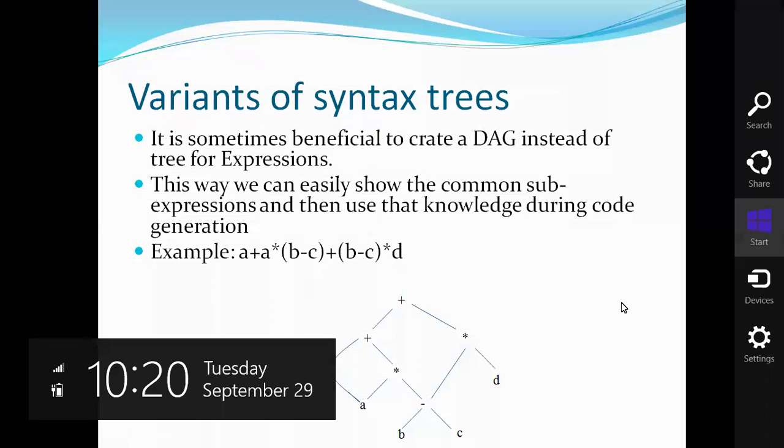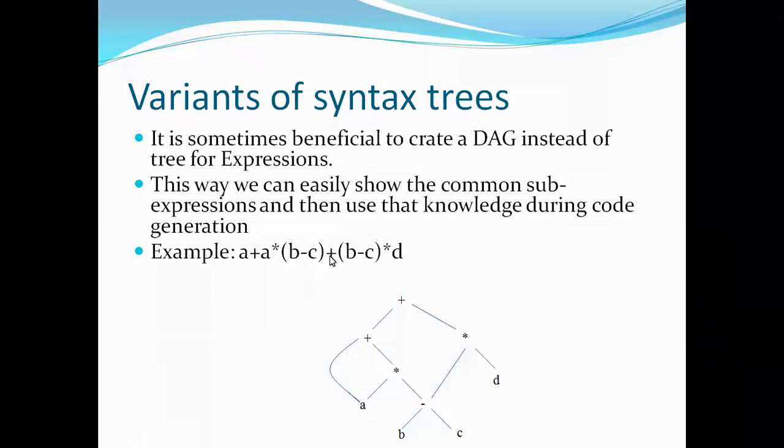For the given expression, plus is the root node, and the common sub-expressions are a and b minus c. So this is the way of representing a DAG with the loops. But I am encountering duplicate subtrees. As I know how to draw syntax trees, the operators are the internal nodes and the root node, and the operands a, b, c, all these are the operands. These are the external nodes, right?